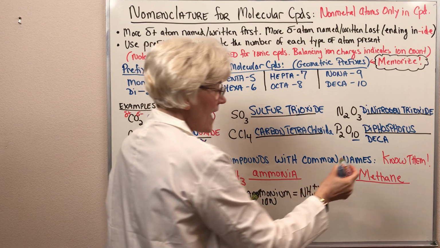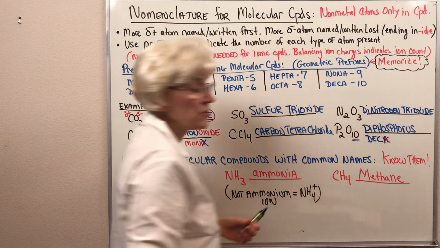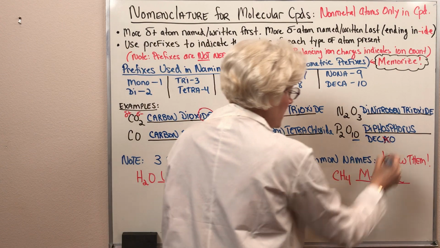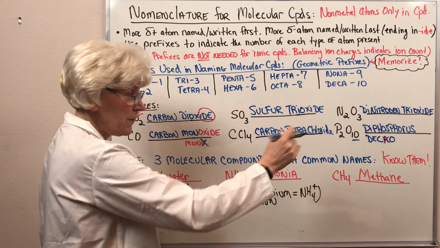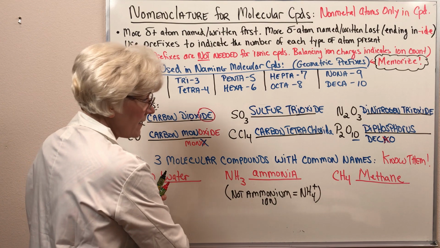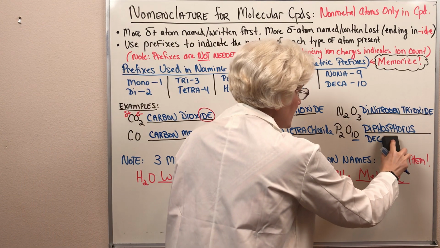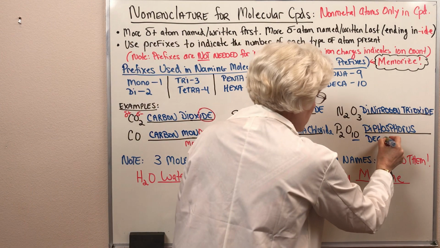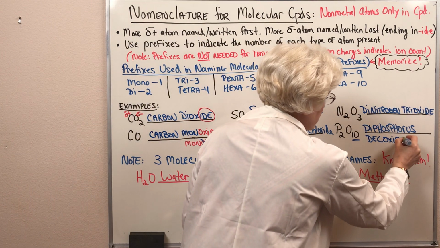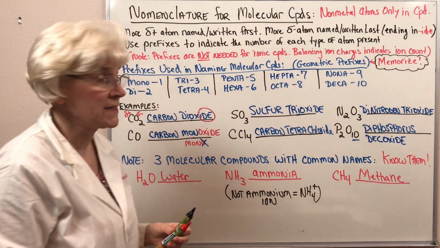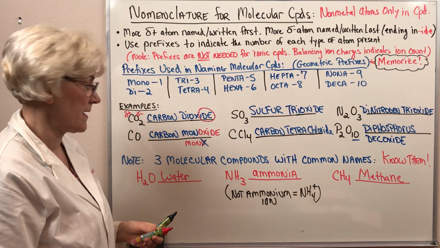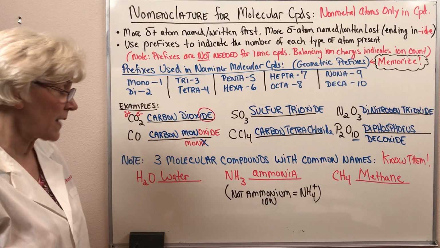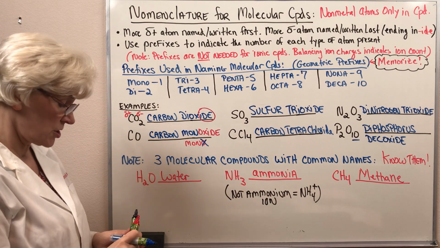So here's that A, but we are going to eliminate it so that we don't have this combination of AO when we go to write the name oxide. So diphosphorus decoxide is how you would name this compound. Diphosphorus decoxide. And lastly, before we finish up our discussion of molecular compound nomenclature, I want to mention that there